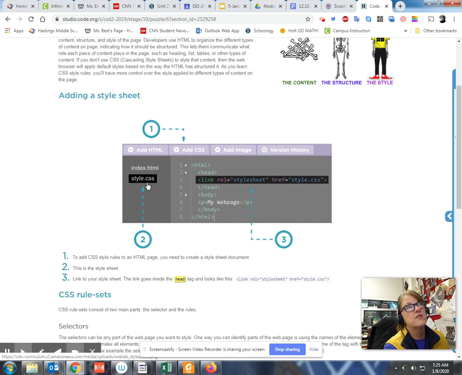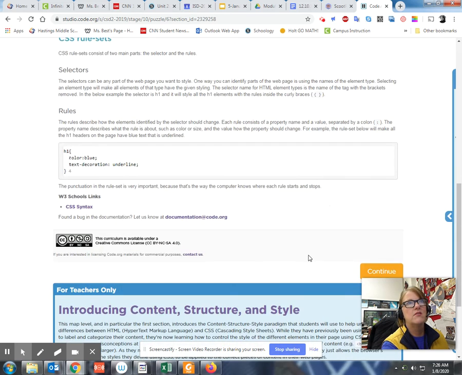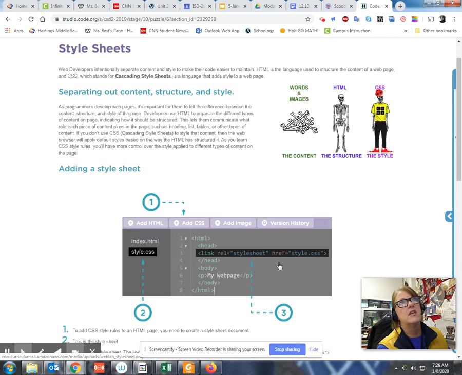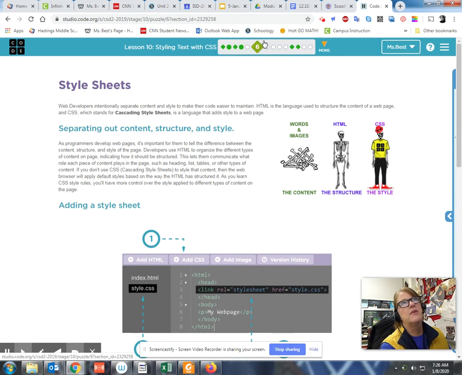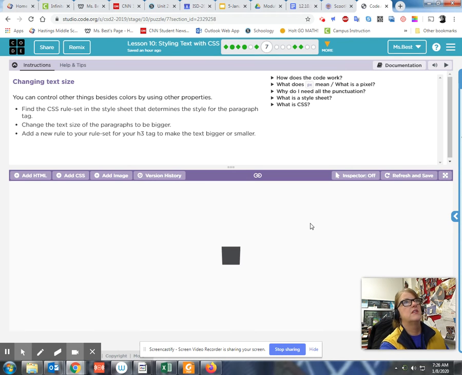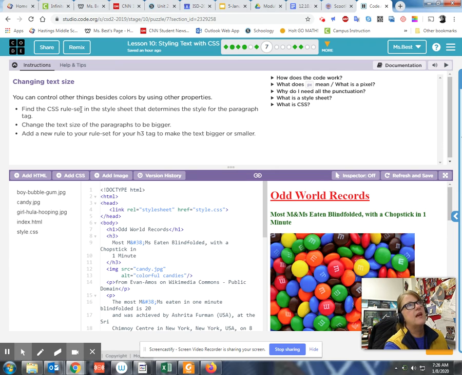And so what we're going to start learning now is, as you add a style sheet and do that programming, we are going to refer to that in your HTML so that you can apply it to everything on that page, which is nice because then you don't have to manually try to program everything in there. So take a look at this bubble or diamond in 6 and read through that. And once you feel confident to continue on, in level 7,